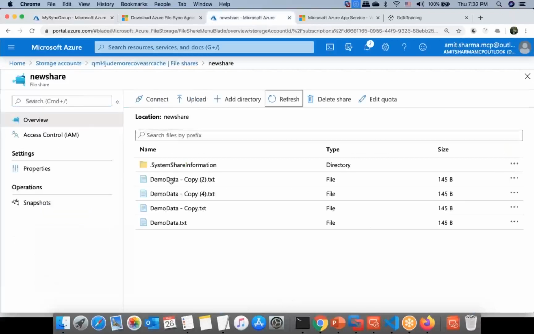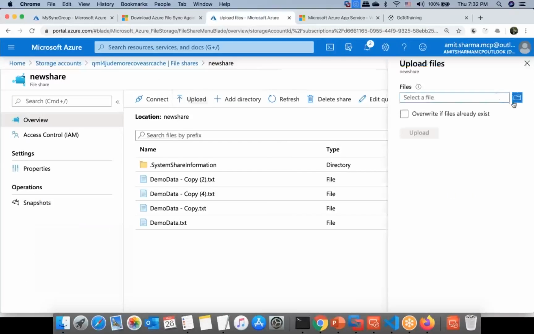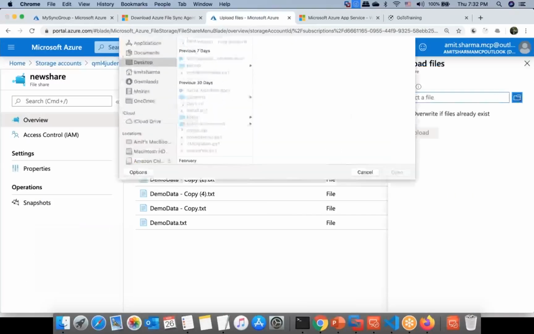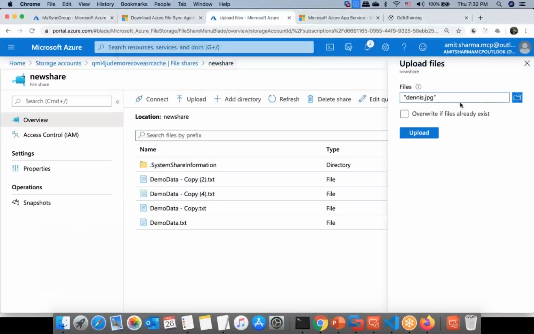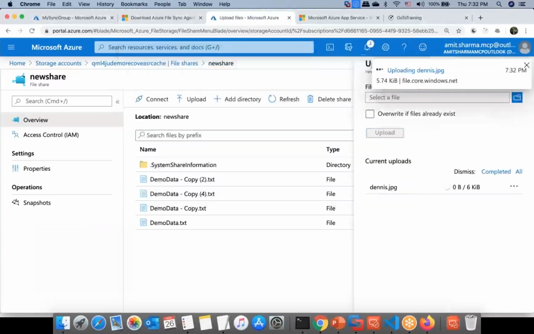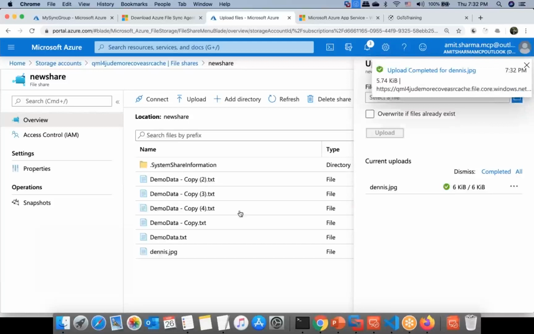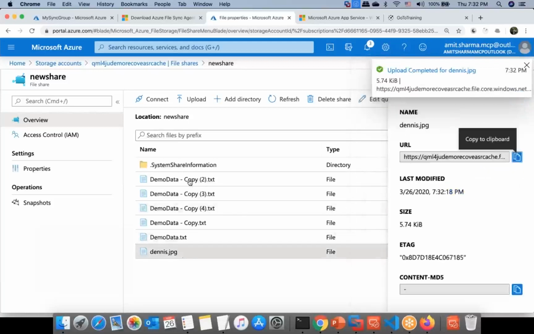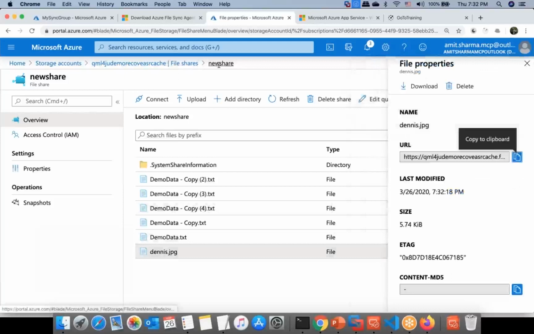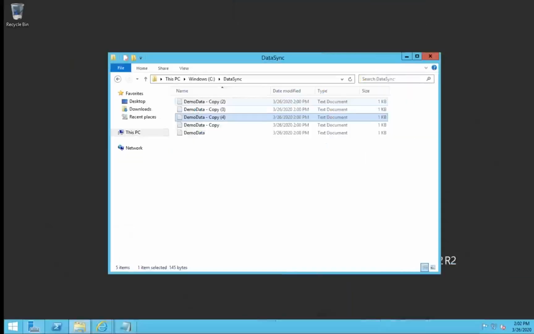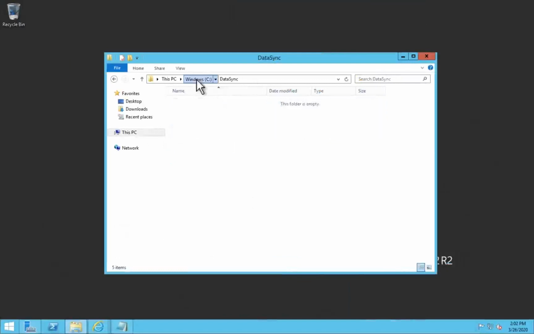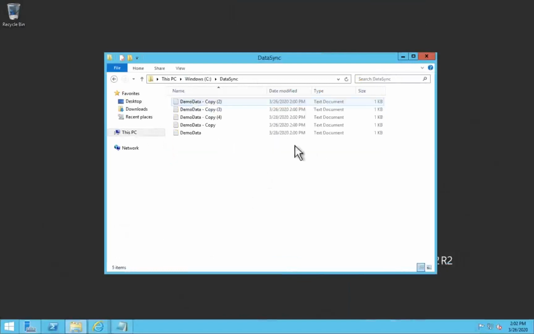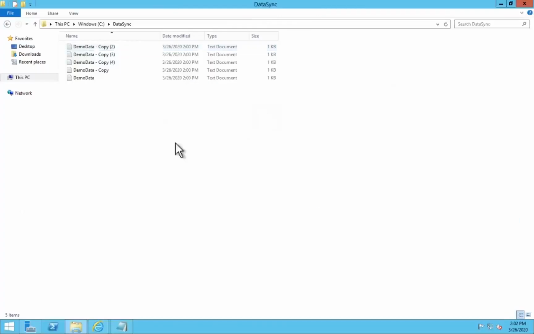If I go to the new share and upload some file here locally, I uploaded a file called dennis.jpg onto the file share. So I got dennis.jpg here under new share. Let me go to the VM. Okay, let me go back to the data sync folder. Can you see here? Even if I refresh,